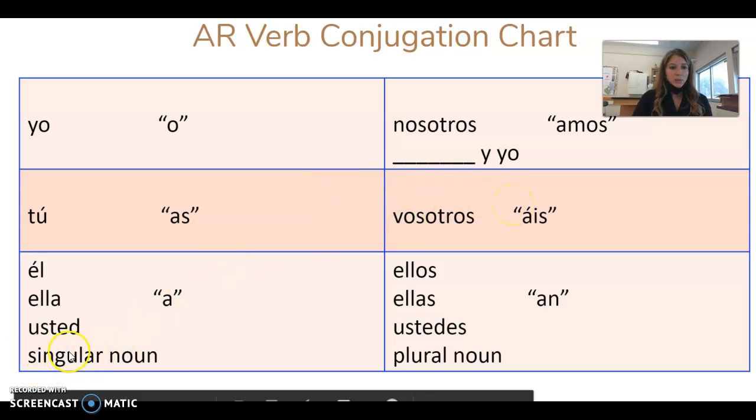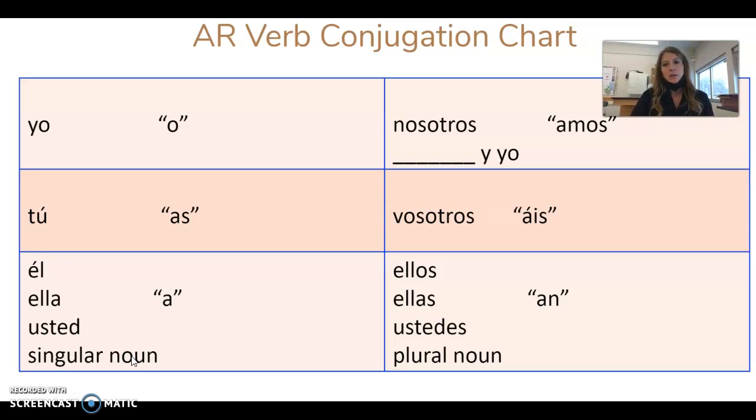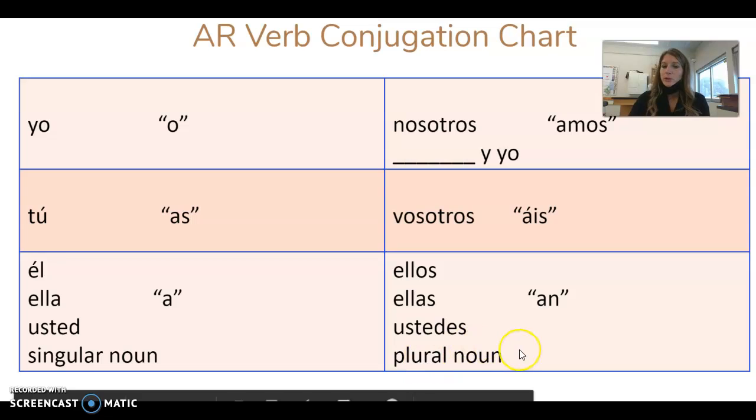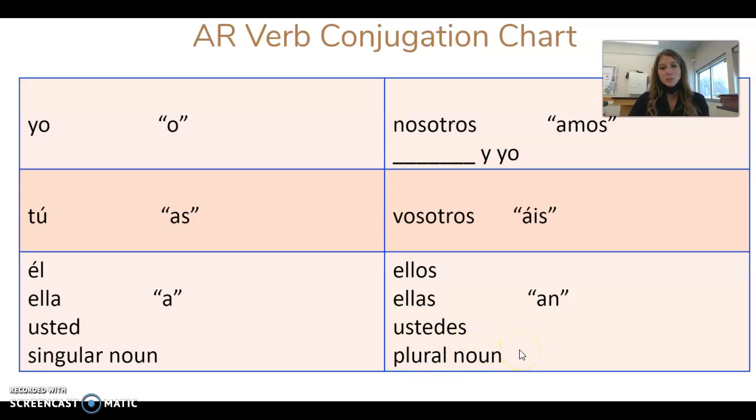We talked about how a singular noun is also going to use the A ending, and a plural noun is going to use the AN ending. We discussed that singular nouns are one person, place, or thing. So a name, a place, or anything in Spanish that might begin with el or la. The plural noun would be two or more people, two or more places, or something beginning with